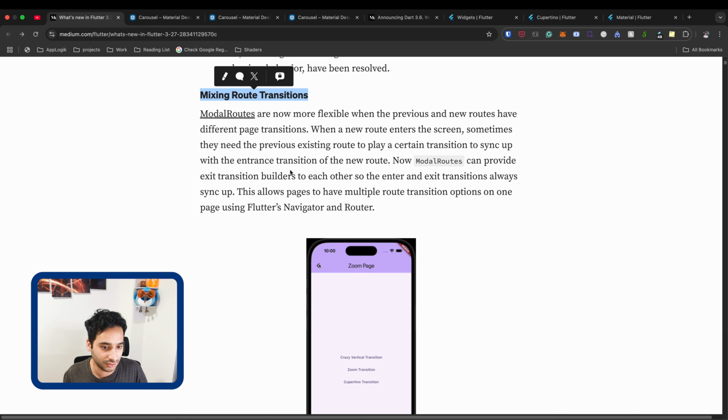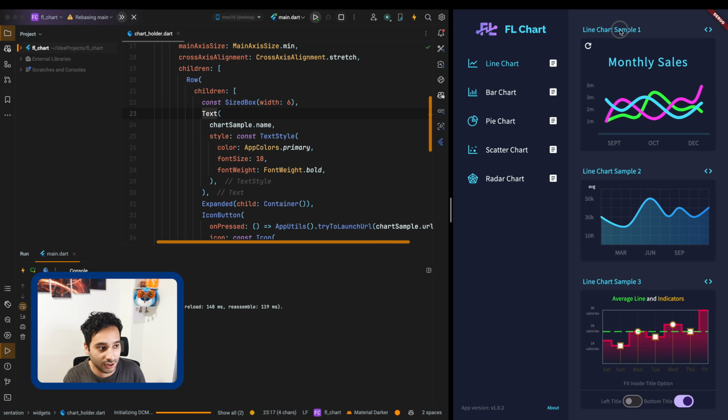For example, in my FL chart sample, this is the text that we have here for the title. And as you see, I cannot select it when I click here, but we can change it to selection text, and when you hot reload, you see that you can select the text, and the same happens here.